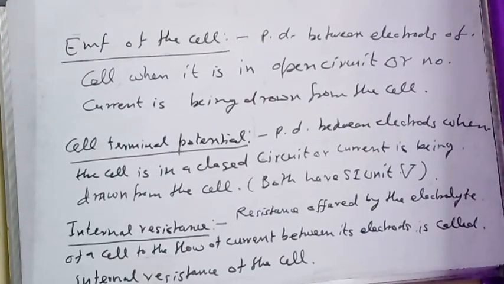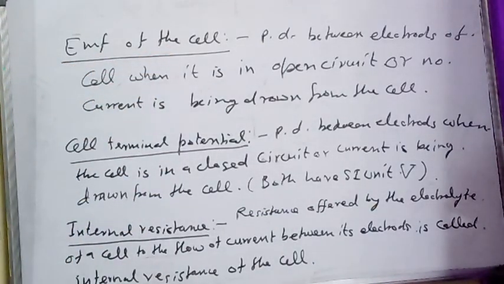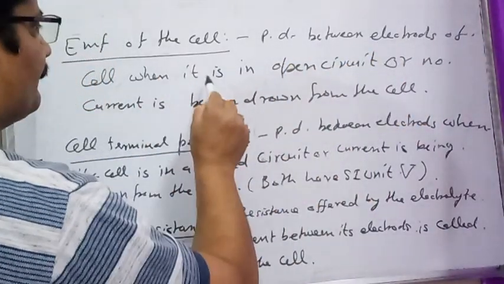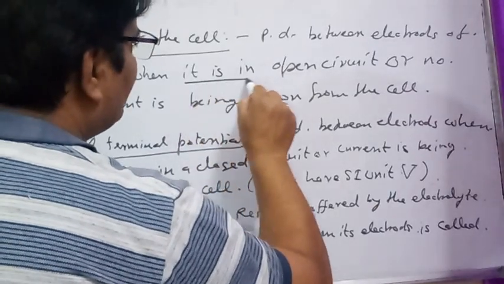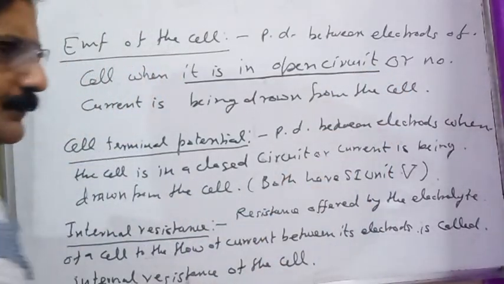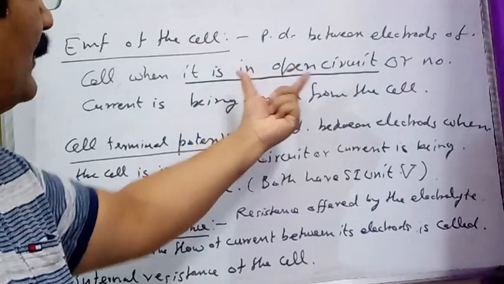Students, see how we can define the characteristic of the cell, that is the EMF of the cell. The EMF of the cell is defined as the potential difference between the electrodes of the cell when it is in open circuit. A cell is in open circuit means no connecting wire is connected between the positive and negative terminal of the cell. It means no current is being drawn